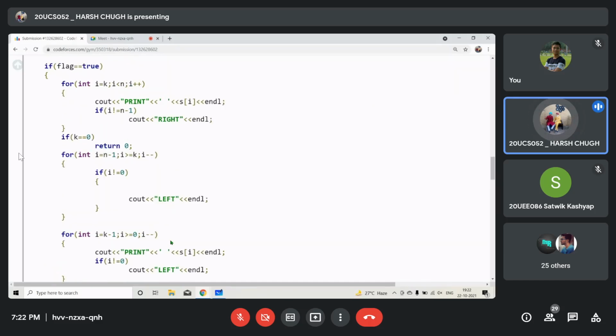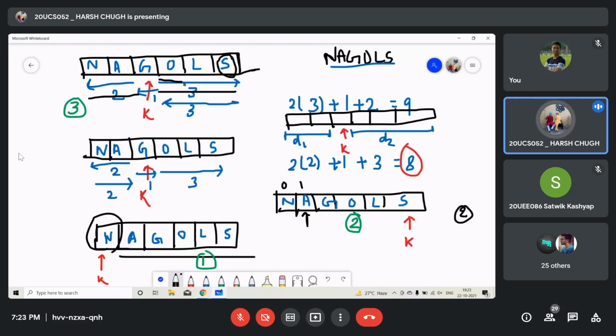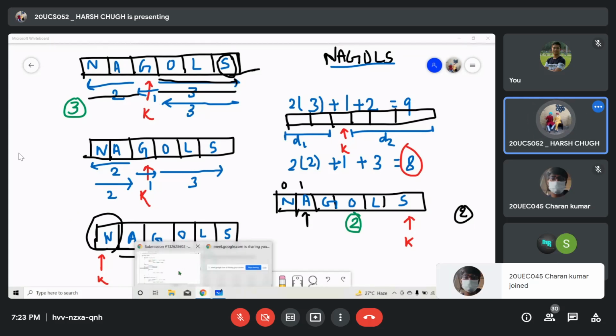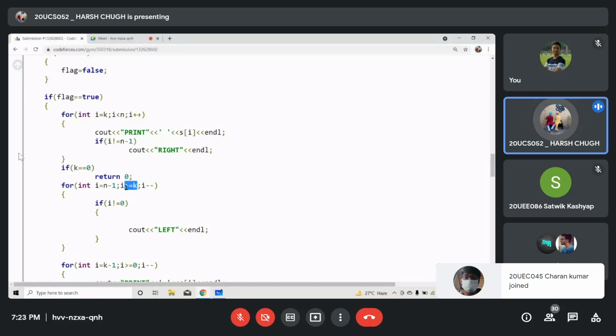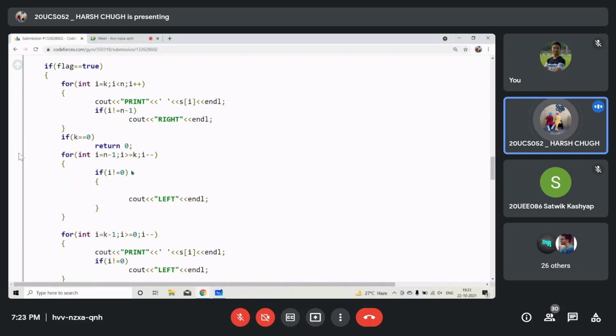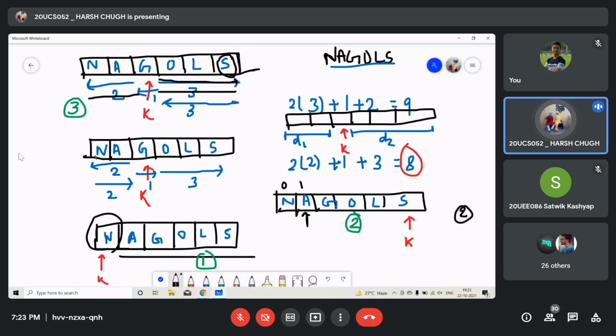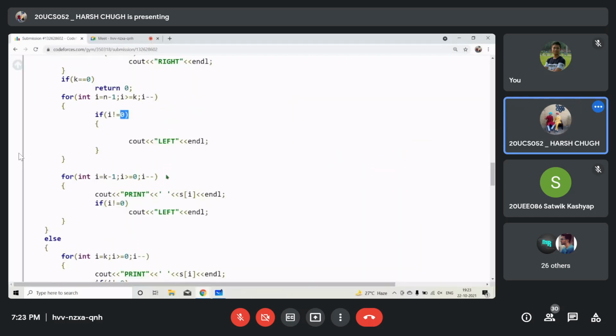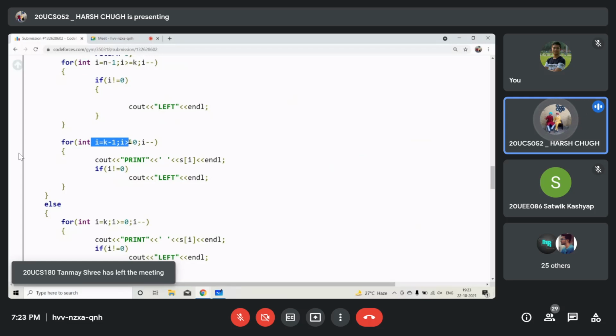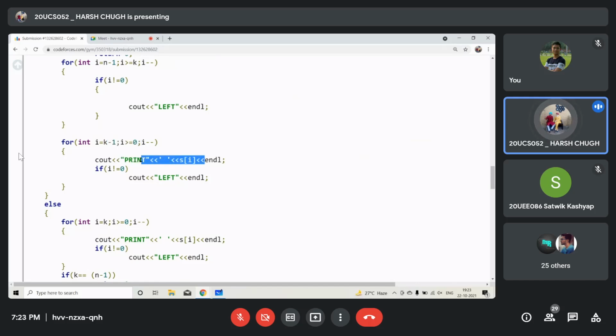After that, we have to come from the last index back to k again. This we have seen. We have gone to the bottom right position, and then we will come back again. So we will come from n minus 1 to the kth index, and we will print left if we are not at the leftmost position, because if we are at the leftmost position, then we don't have to go left anymore. So we will print left. Similarly, now we are at the k minus 1 position. We just have to cover the left part, so we will go left until we are at the 0th index, and we'll print the si letter accordingly.